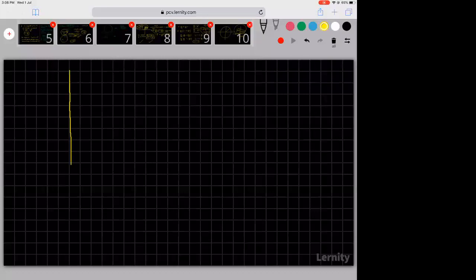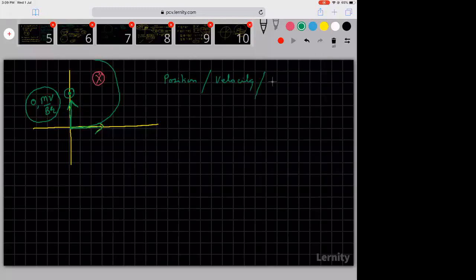So my velocity is in this direction. My magnetic field is inside. The velocity is in this direction, the force is in this direction. Because the force is in this direction, the center will be here. So the center will be 0, mv by Bq. Those are the coordinates of the center, and the particle will go in a circle this way. I found out the position, I found out the velocity. If you differentiate it, you will get the acceleration also.